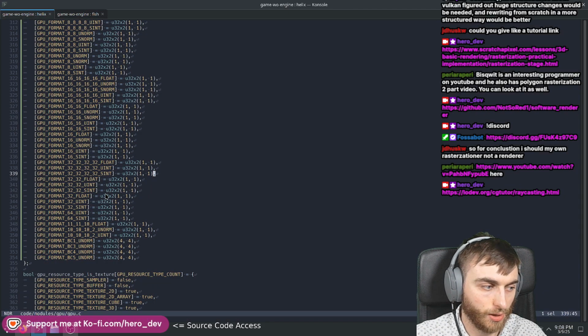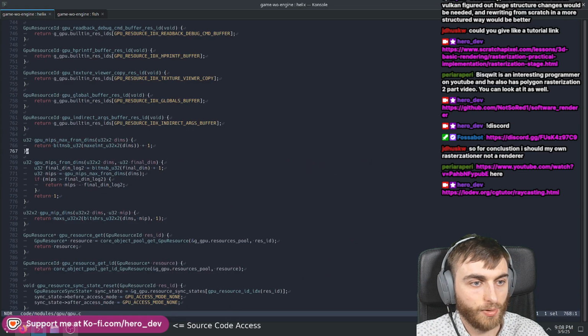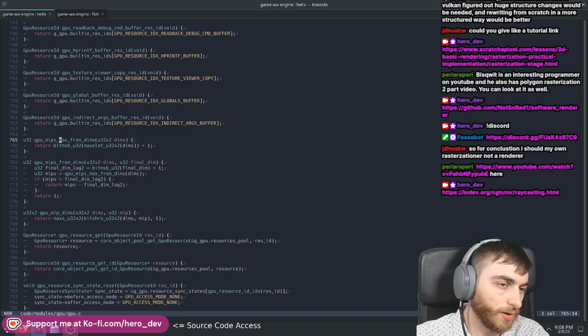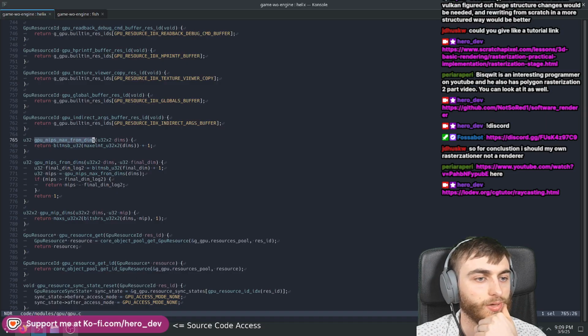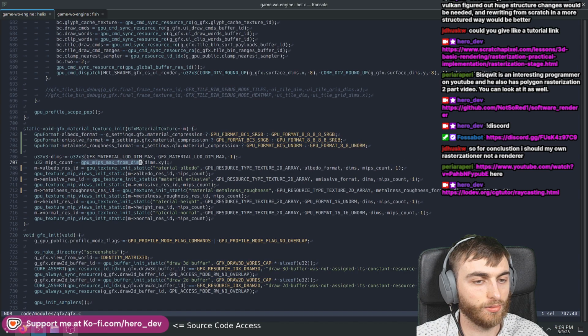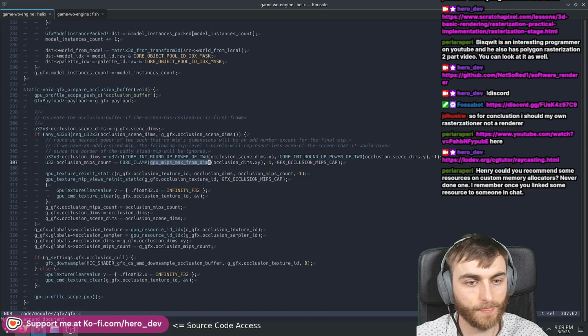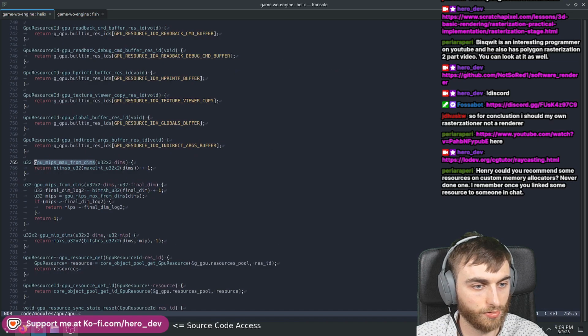Yeah. So we've got a little helper function, MIPS max from dims. Now, we kind of want to put in, like, let's figure out where we use this. We should kind of ask for a format as well, not gonna lie, because then we get the block size. And then